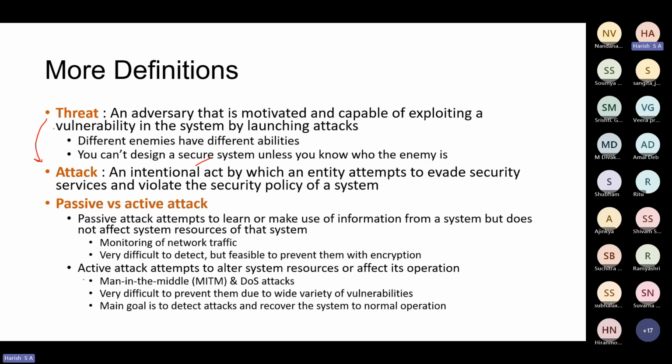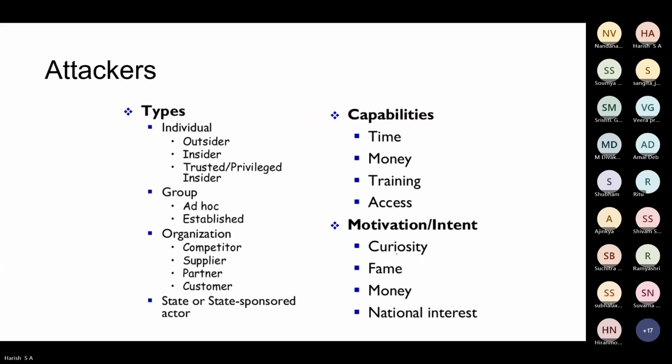And an active attack is where, as we saw with Trudy, they could stop messages from flowing from A to B, and insert some extra malicious messages in between Alice and Bob. The fundamental difference is that in passive attacks, the victims don't know an attack is happening. It is very difficult to detect. In an active attack, you know something is going wrong because the attacker is actively interacting with you, trying to mislead you.